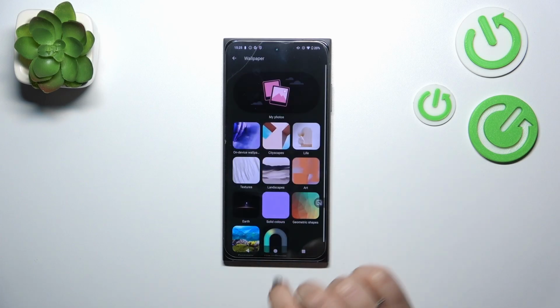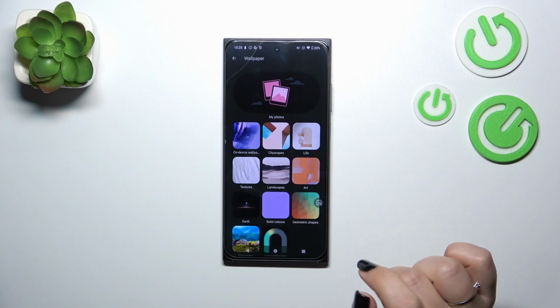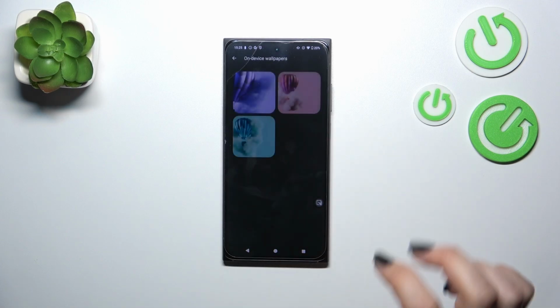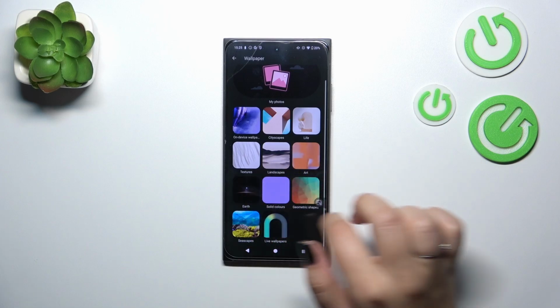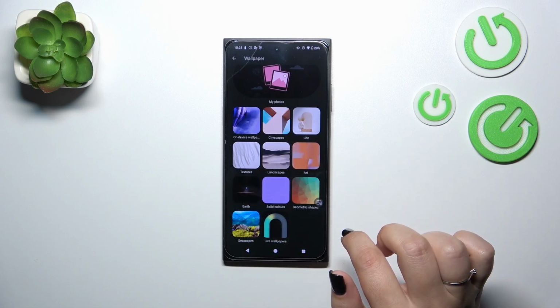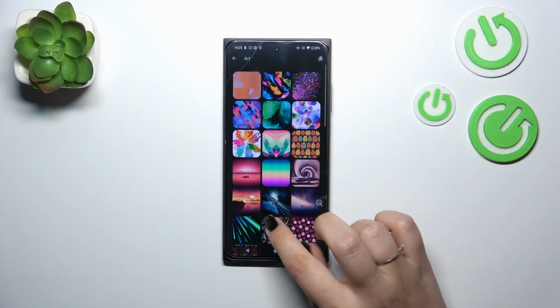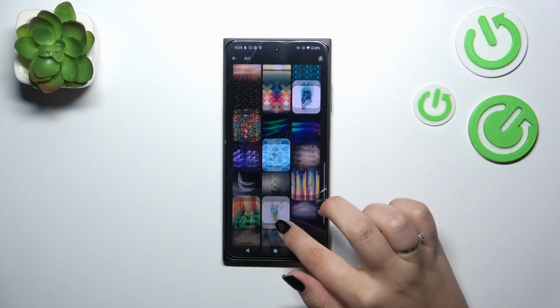So let's tap on more wallpapers and the albums from which we can choose the wallpaper from. So our own photos and pre-installed options on device wallpapers, and those which are also available online. So all we have to do is to find something we like. So let me choose maybe